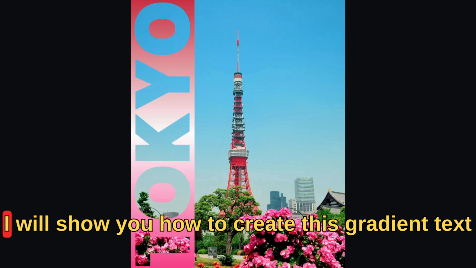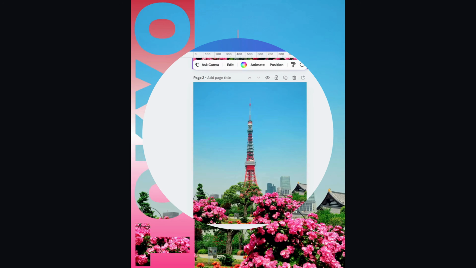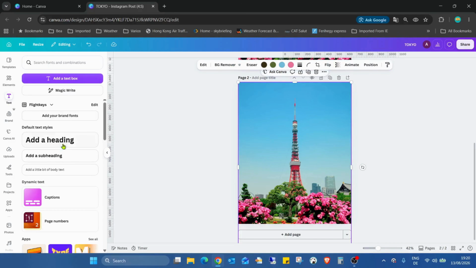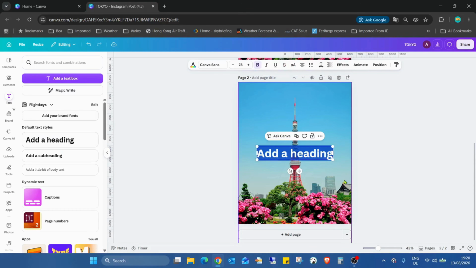In this short tutorial, I will show you how to create this gradient text mask in Canva. I already inserted the same image, and this is a very quick and dirty thing. I've used the same Tokyo